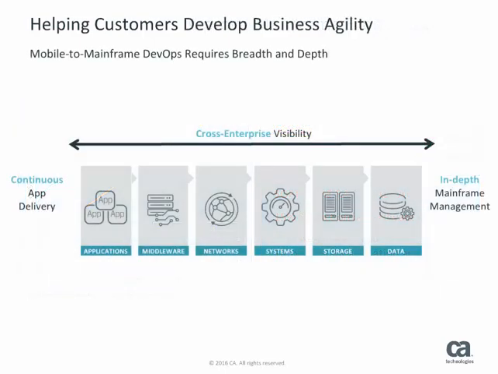Another significant way our mainframe business can help our customers is through business agility, which enables our customers to better manage their cross-enterprise mobile-to-mainframe applications. With CA mobile-to-mainframe solutions, customers have the breadth and depth of DevOps capabilities they require to monitor applications and infrastructure end-to-end from a single pane of glass using CA Application Performance Management and CA Unified Infrastructure Management, inclusive of mainframe metrics, accelerate problem resolution, ensure application availability, improve data center efficiency, and better manage mobile-to-mainframe applications.